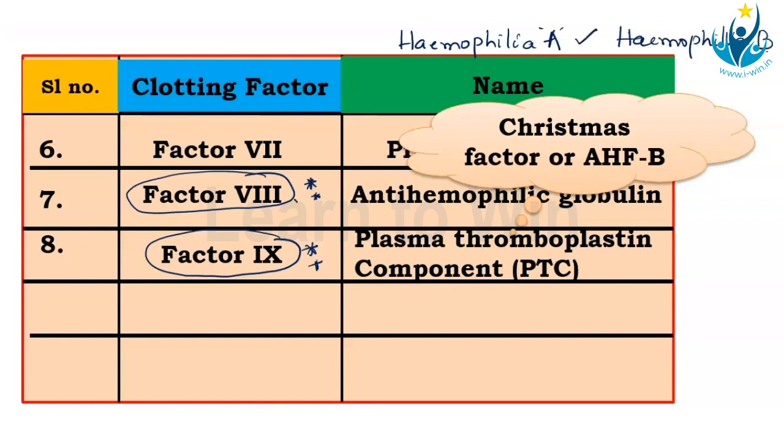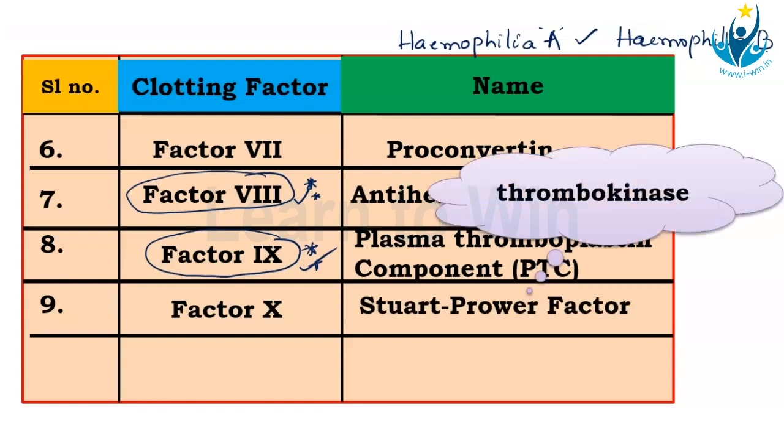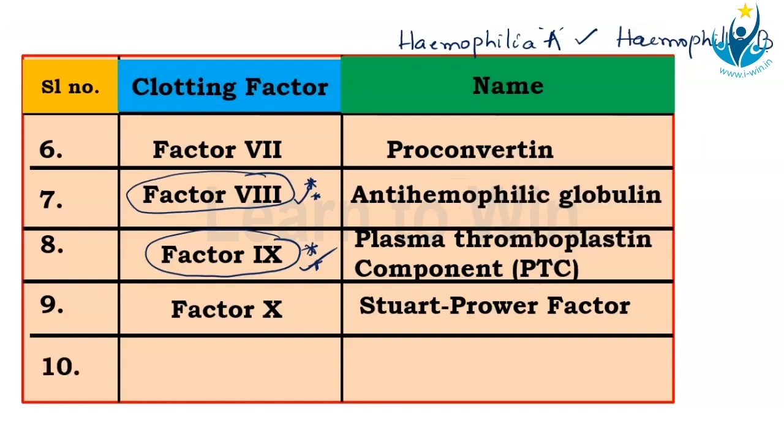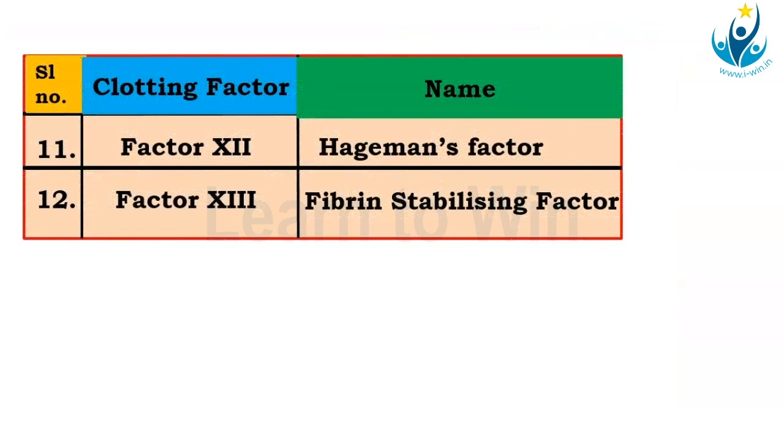Type A is caused by factor 8 and type B is caused by factor 9. Next, factor 10 is Stuart-Prower factor, which is also called thrombokinase. Then factor 11 is plasma thromboplastin antecedent, PTA. Then you have factor 12, which is called Hageman's factor, and factor 13, which is the fibrin